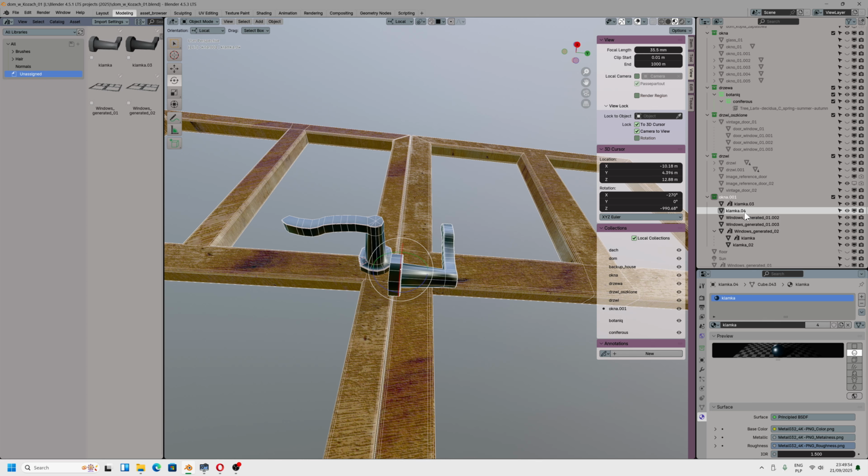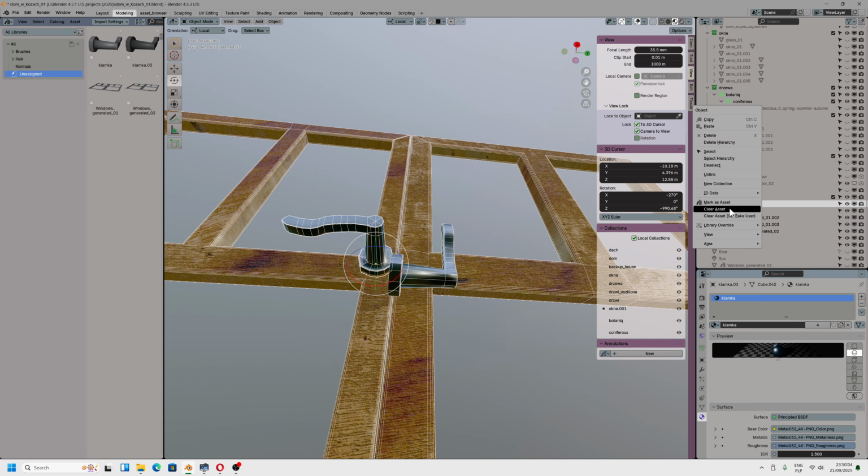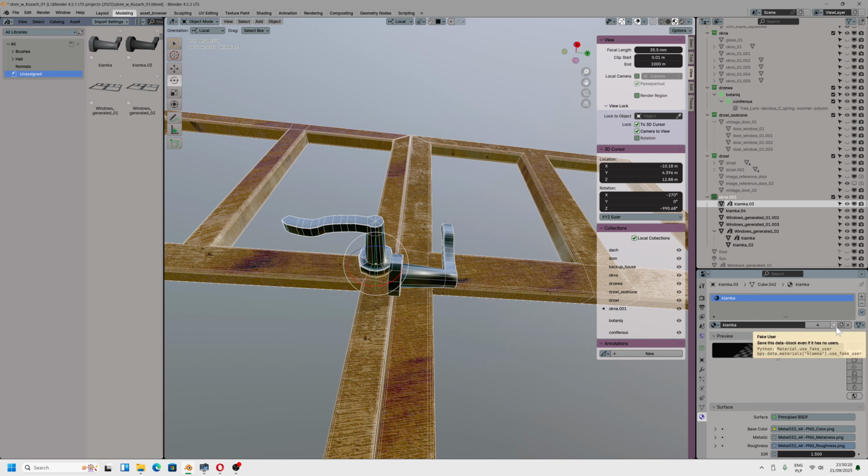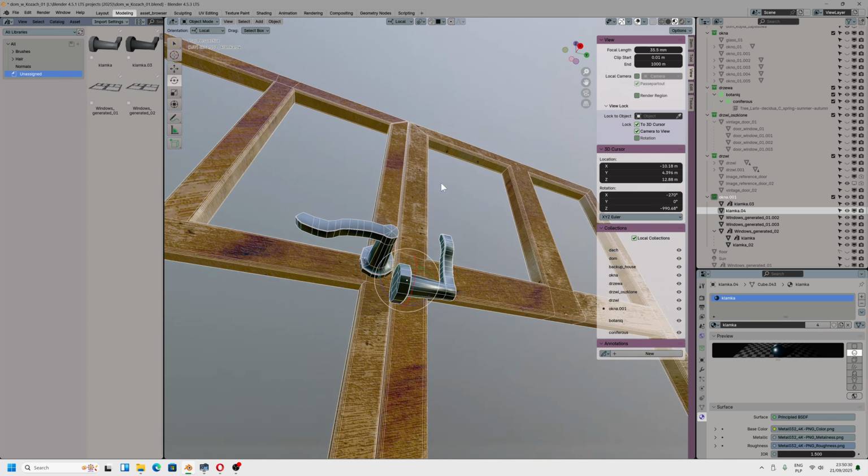You can also... is this that one? Yes, because I already added it to the asset browser. You can also clear asset. I don't know what this option does. Can someone tell me, because I was never able to figure out what set fake user does. I didn't even bother to find out what that option is for when I use Blender, but I'm happy that I